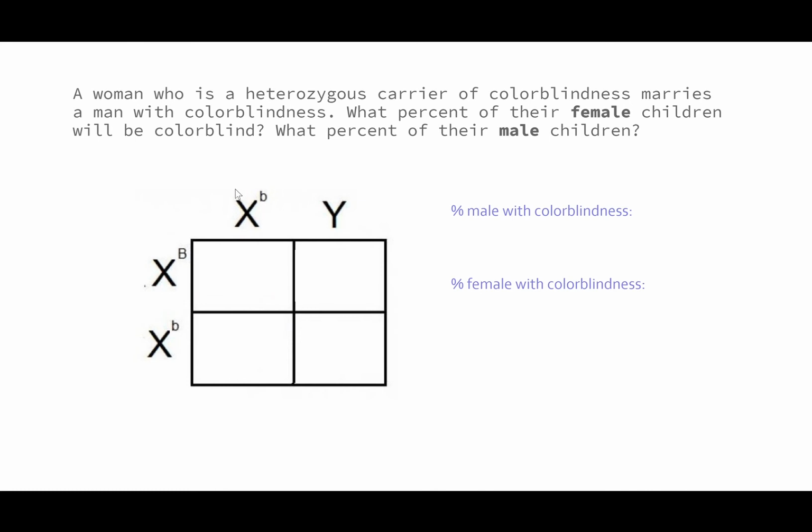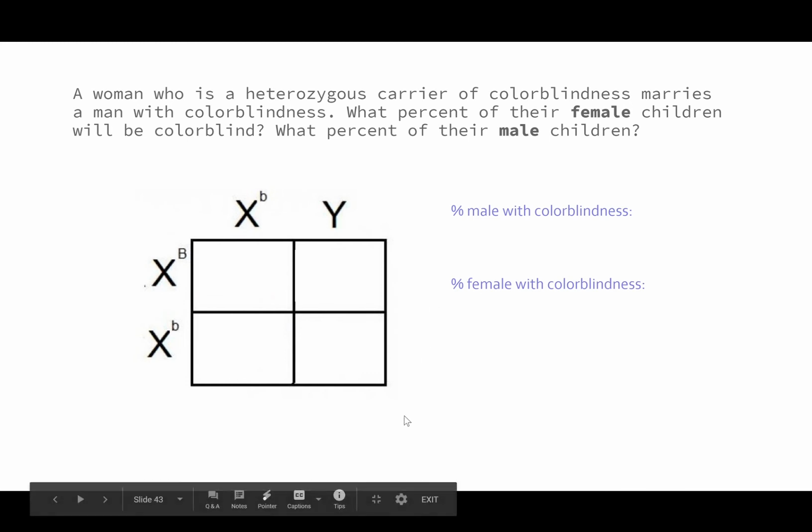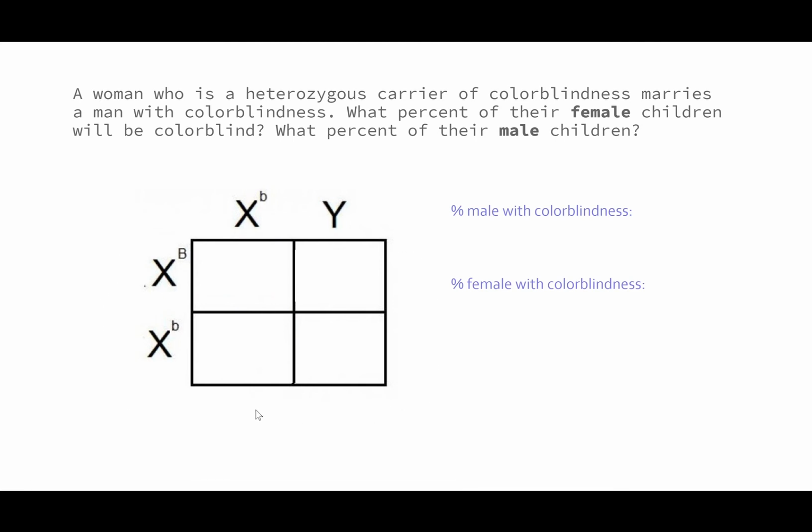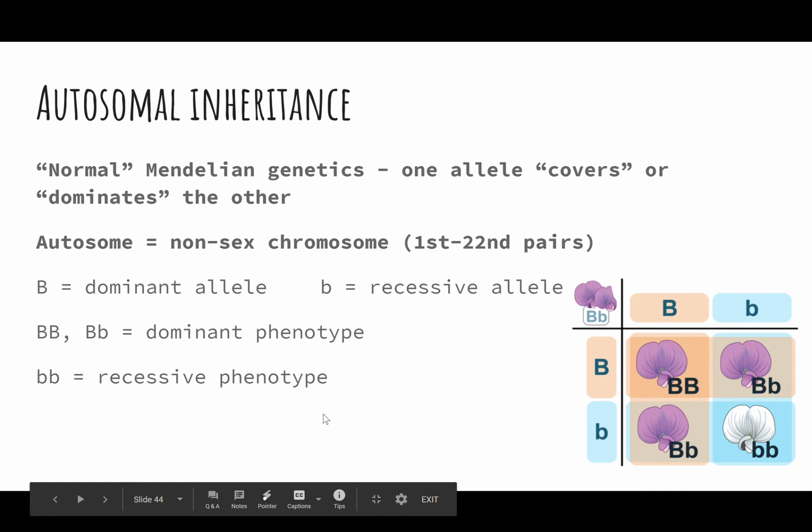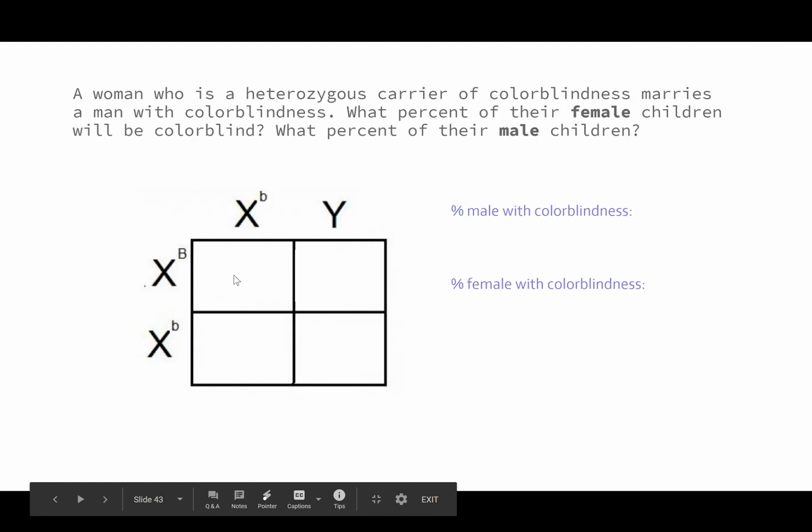And so if we take a look at this Punnett square that I've set up, then we can work out what percentage of their female children will be colorblind that you would expect, and what percent of their male children would you expect to be colorblind? Okay, and so let's take a moment to fill this out, either on a piece of paper or in your mind. But ultimately, you should get, oops, why is this not on here? You should get